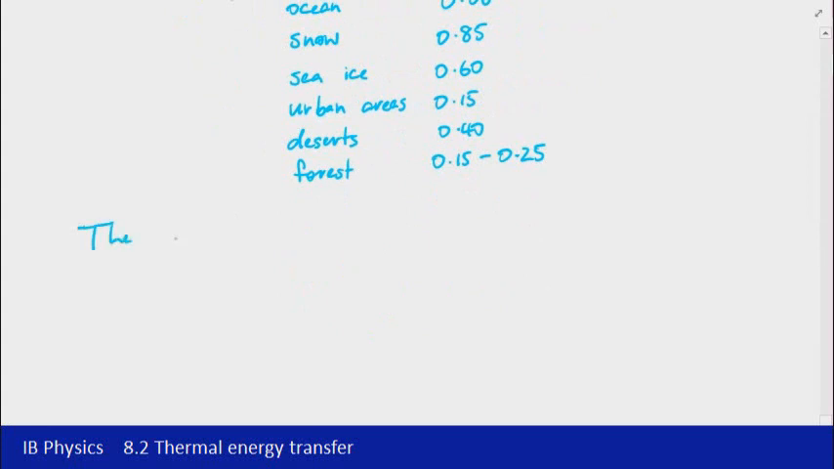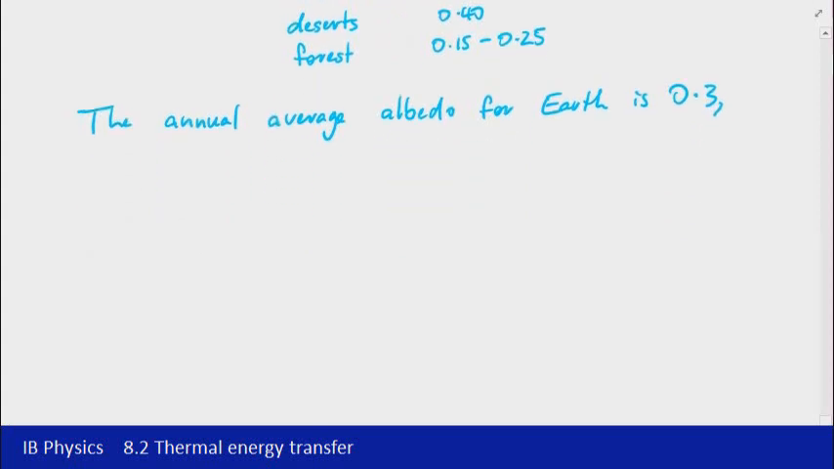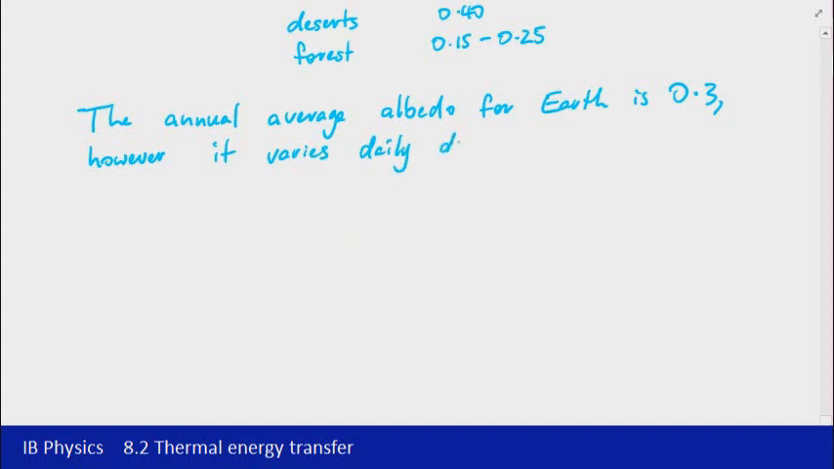Across the Earth's surface, the albedo does vary, but the annual average albedo for Earth is 0.3. So that's the value that we'll be using for any calculations. It does vary daily, and the reason for that is cloud formations,